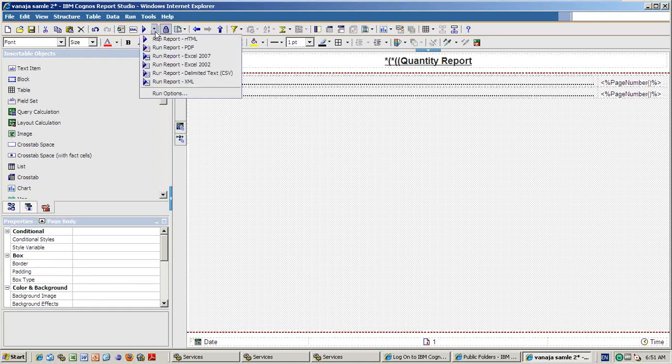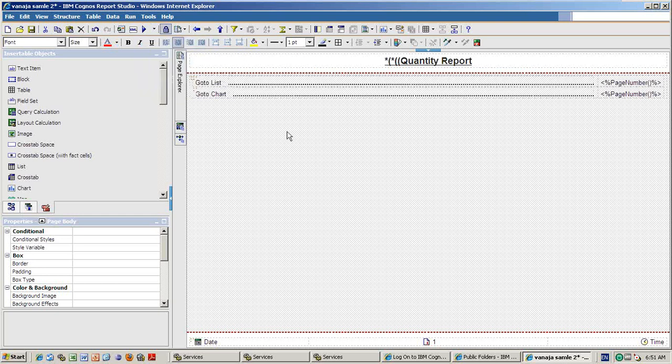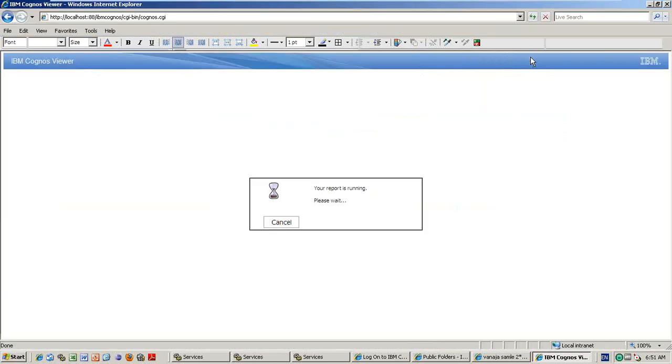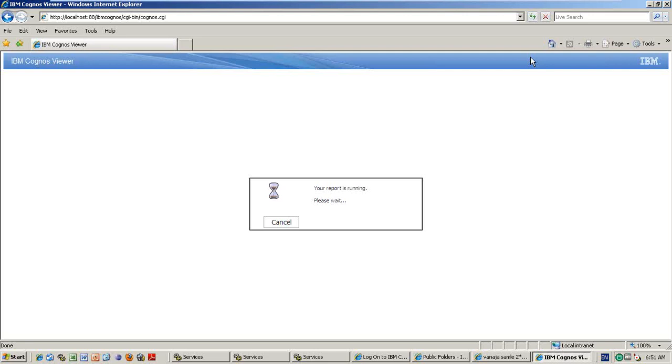Now you run in the PDF format. Remember, the table of content will work in the PDF format or saved HTML. It will not work in the Excel or something. Okay, PDF or saved, not normal HTML. If you are saving that HTML output, then only it will work. So now running the PDF format, I can show you that one. In the first page, the table of content will come. Okay, go to list or go to chart will be there, and the page number also will come.